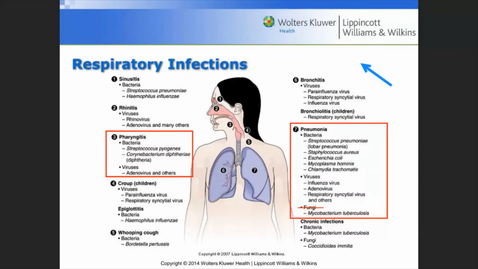Pneumonia, which is the lung. The common one is Streptococcus pneumoniae, but some staph infections can cause pneumonia. E. coli, and in fact,